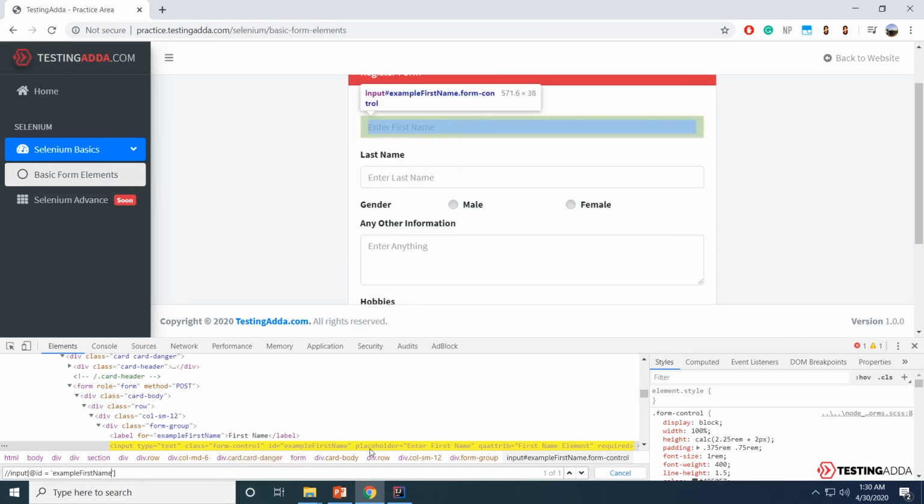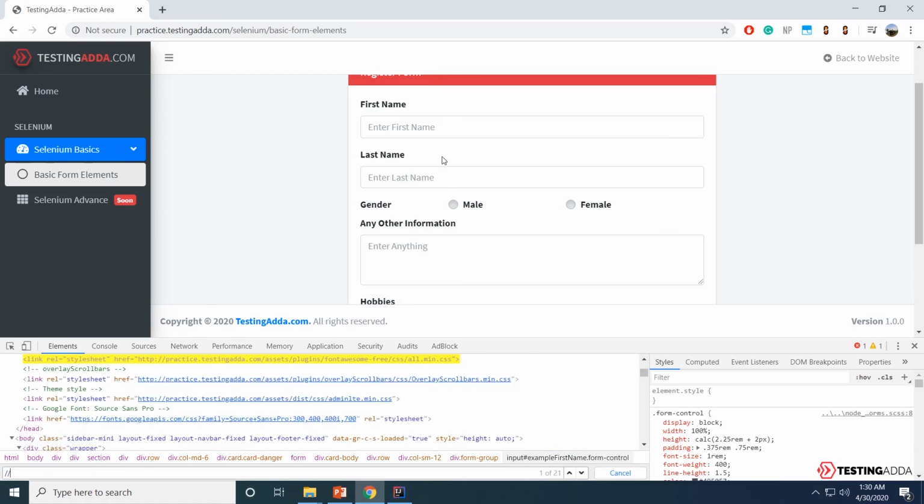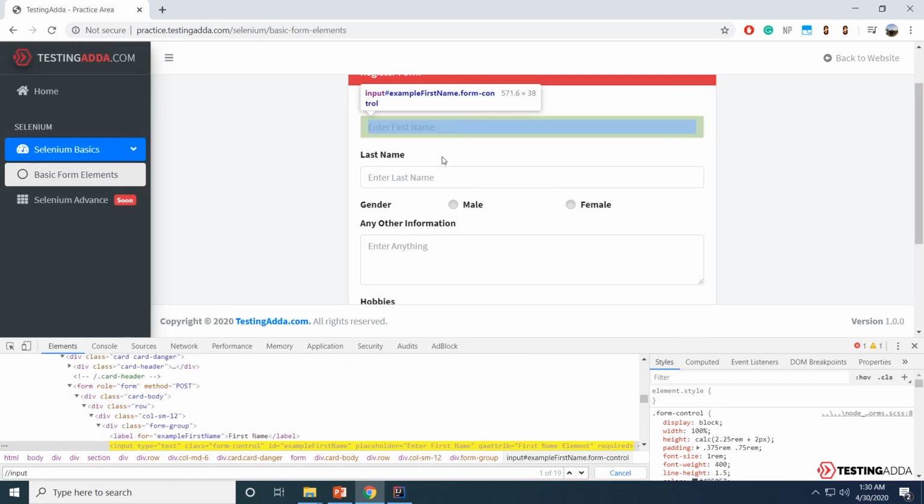Now let's consider one more scenario where I want to fetch an element whose type is input, the class name is form control, and ID is example first name. In this case we'll be creating a relative path. That means the tag can be anywhere in the document. So I'll start with double slash. The type should be input, that means input.